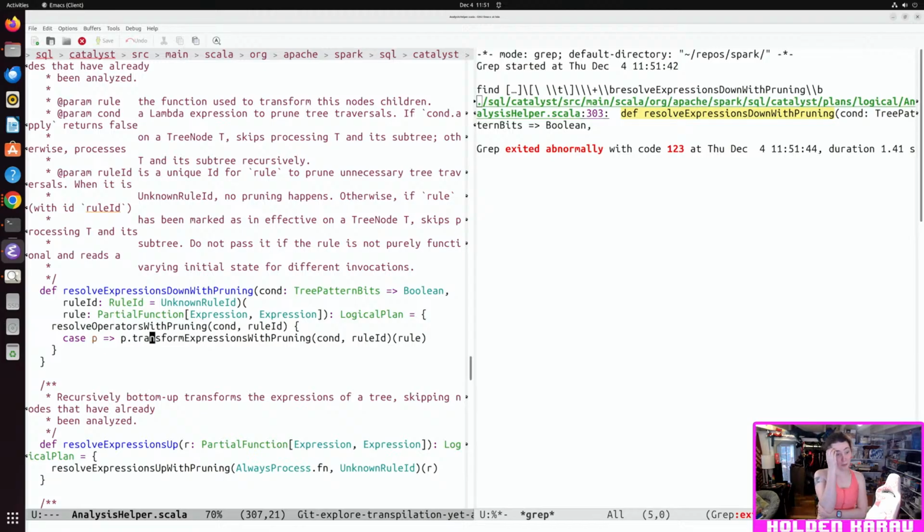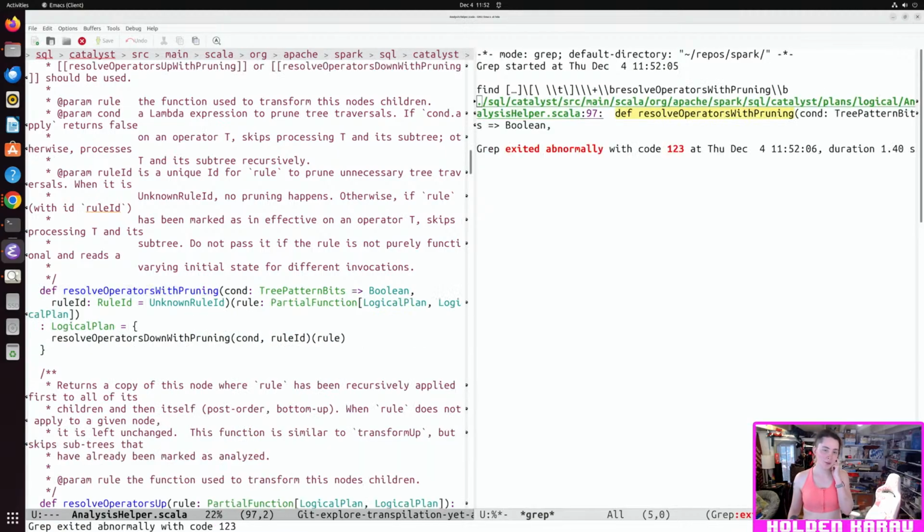And you call resolve operators with pruning. Really? In the same file. Why is LSP having such a hard time? So resolve operators with pruning returns a logical plan, and it does this by calling resolve down with pruning.